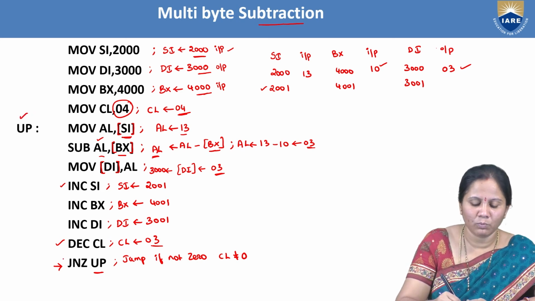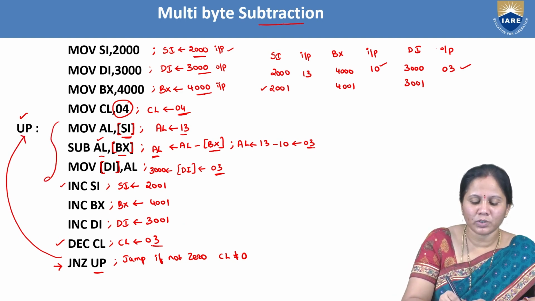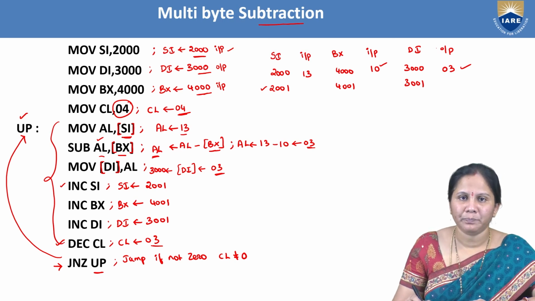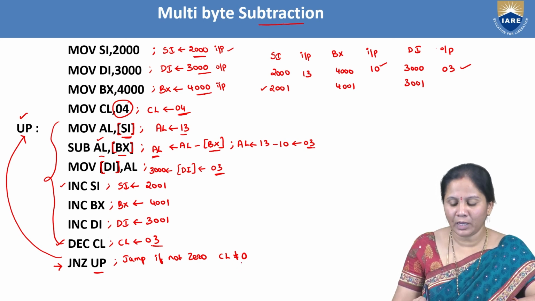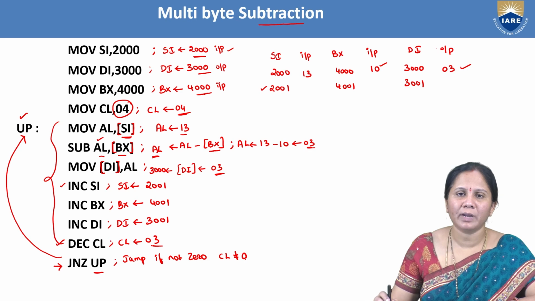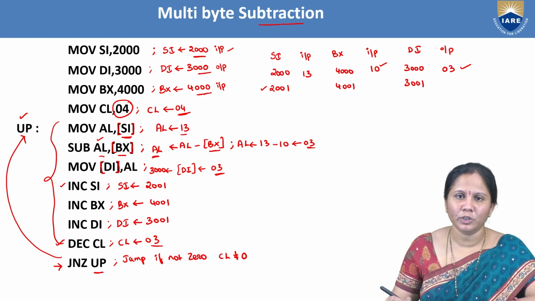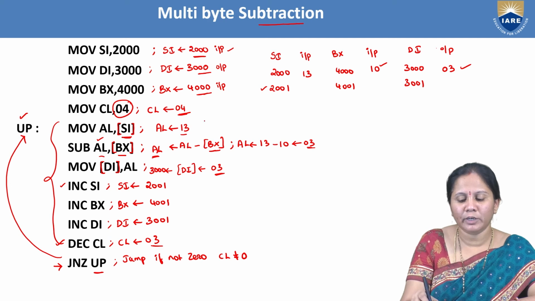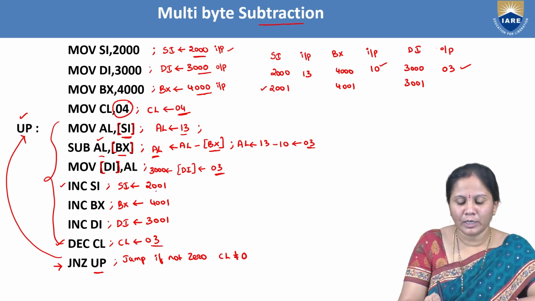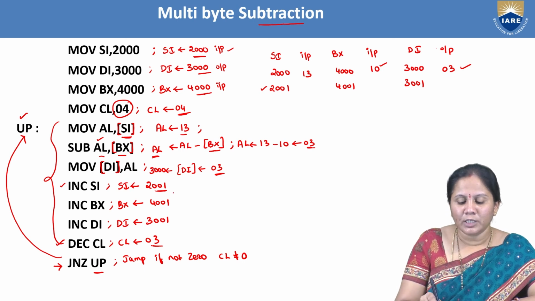That means the control will move to here again. So if the control moves here, all these instructions will be executed one more time. How many times will it be executed? Until the counter becomes 0. When the counter becomes 0, it means that after performing the subtraction operation for the 4 inputs, the counter will have been decremented by 1 each time, and at last it becomes 0. So if the same loop repeats, what happens? MOV AL, [SI]. Presently the value of SI is 2001, because the processor will execute instructions in sequential order.